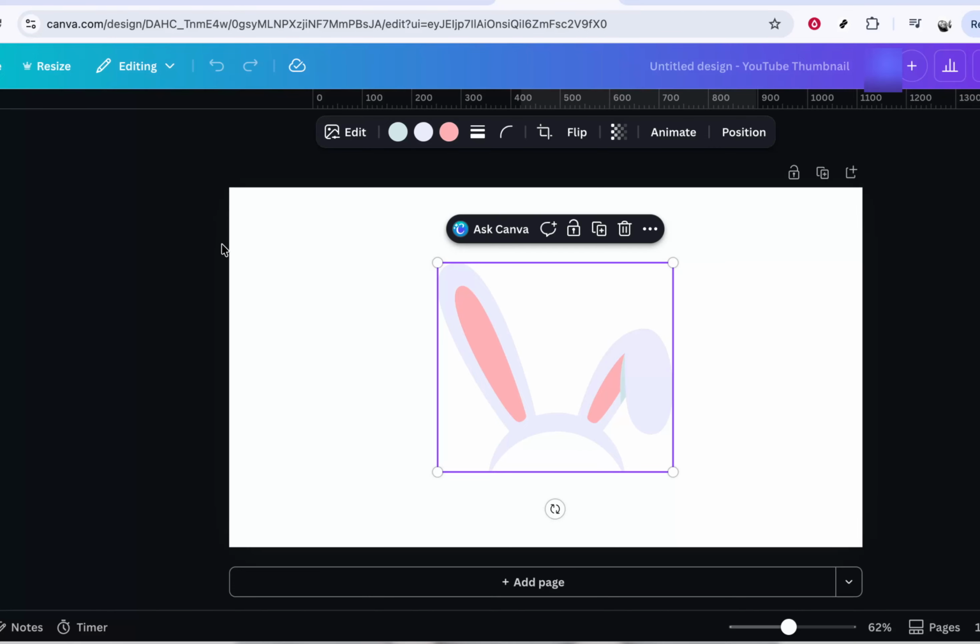That's all you need to align elements in Canva using the Position option. With just a click on your